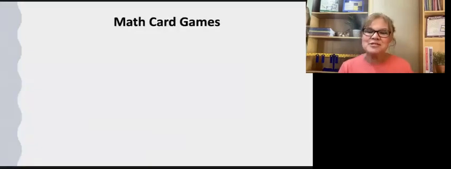Then math card games. One element that this sample lesson does not have is that this specific lesson did not have any math card games listed. However, a lot of RightStart math lessons do. I'm going to say this: do not skip the math card games. If your child is low on mental energy and you're running low, play the math card game later on in the day. Play it before lunch, before dinner, before TV time. Play with your dad, a grandparent, on the way to soccer practice, at the park, before bedtime, whatever.